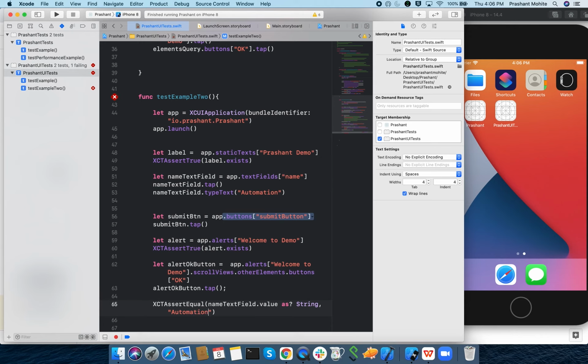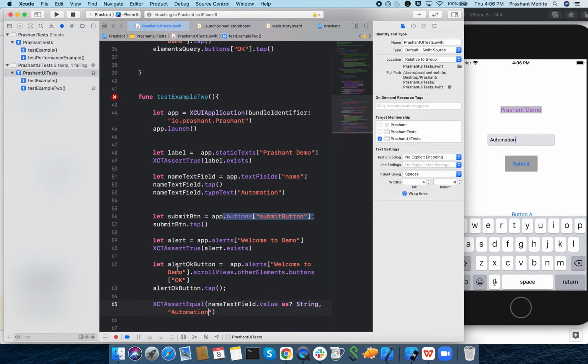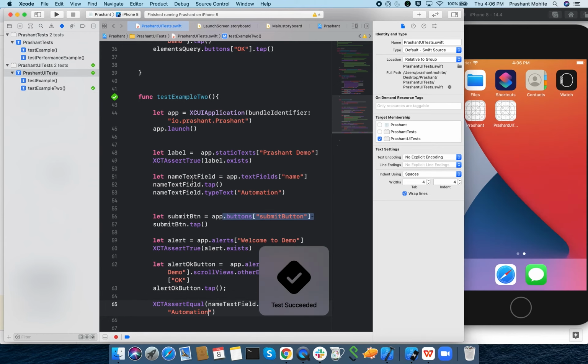So this value should be there. Let's run this. Start. I have put three assertions here. See this passing. All the assertions are passed.